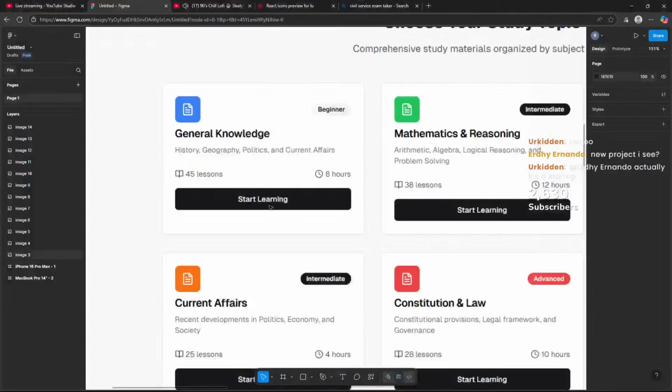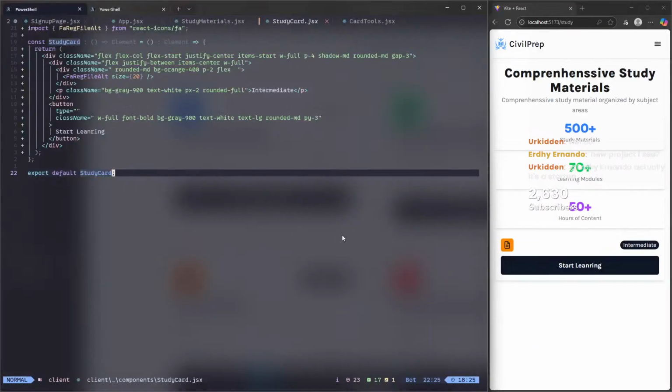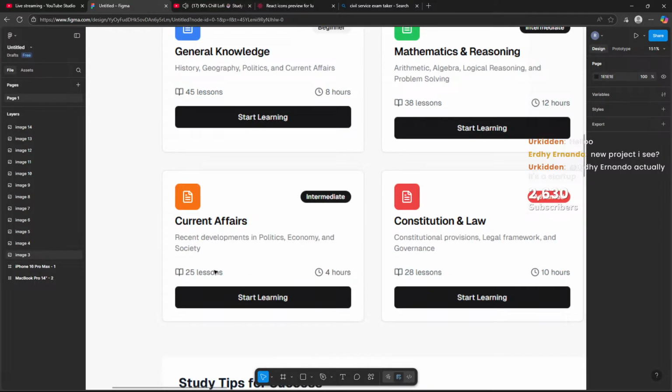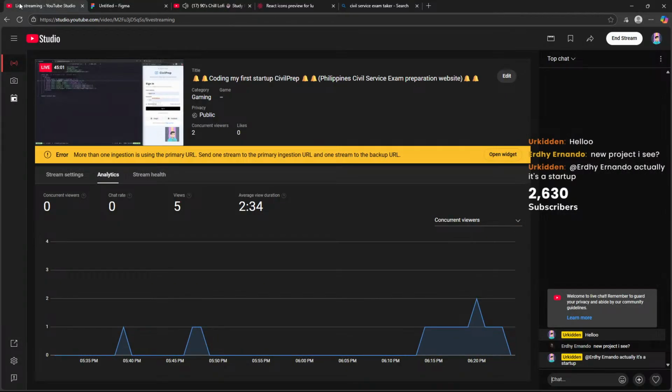Nice. Okay, that's good. And maybe I need to be consistent on my design, because look at this, it's not consistent in the design here, so I need to make it as consistent as possible. Okay,